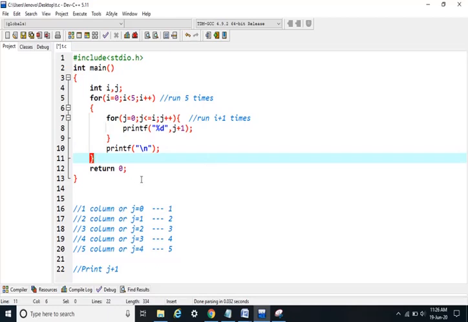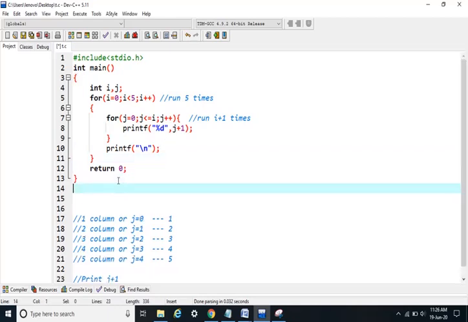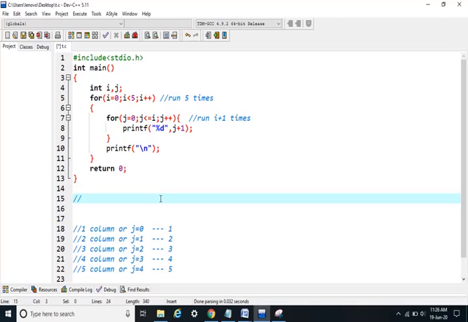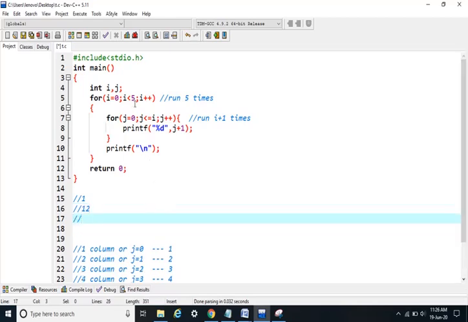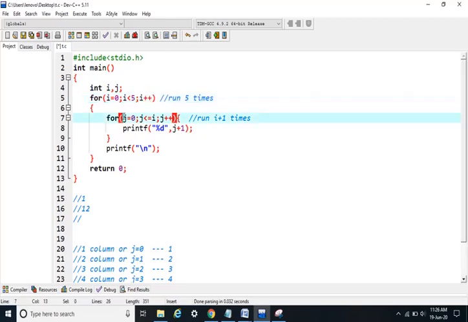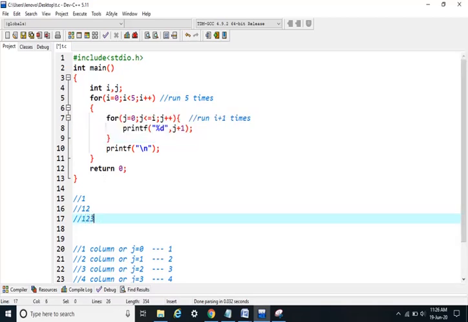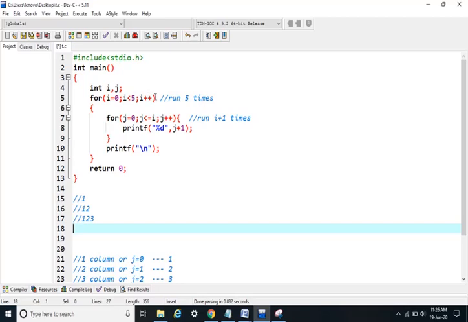So our logic seems right and we will get the desired output like this. For i equals 0, I will get 1. After that I will get 1 and 2. After that i plus plus, i will become 2. Again j equals 0. This loop will run 3 times and will print 1, 2, 3. After that i will become 3 and this loop will run 4 times and will print 1, 2, 3, 4.